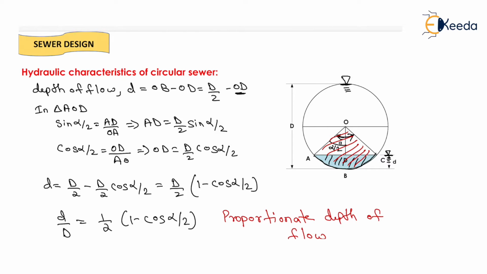So we need to subtract the area of the triangle from the area of the sector, and we can determine this area, that is the blue portion area. Okay, now we will go for the determination of this blue portion area, that is A, B, C and D. Now for the alpha degree angle, what will be the area? It will be equal to pi D square alpha upon 4 into 360 degrees. But we need to find the area for the small depth of flow, that is small a. So it will be equal to the area of the sector minus the area of the triangle,